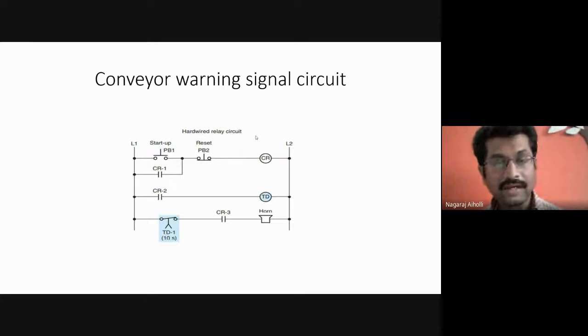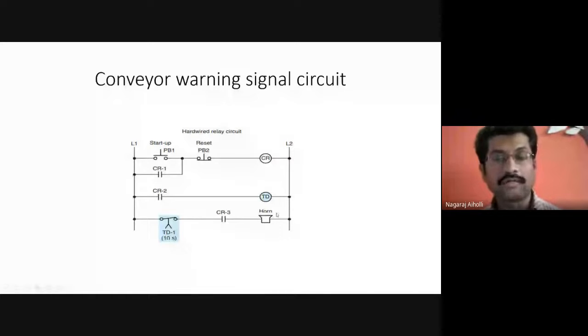Then we have another contact, CR2. When you are activating the line voltage, this CR2 also becomes true and the time delay coil is also energized. Then after the duration of 10 seconds, the control relay coil CR3 is energized and the horn or the alarm will go on.